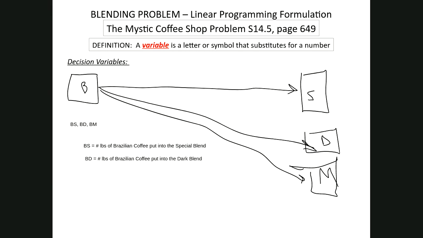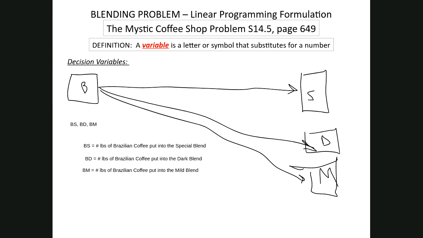All right, so you can repeat this. You can repeat this 12 times, or you can use a shorthand notation, because you would have 3 for the mocha, 3 for the Colombian, 3 for each. You could write this out 12 times, or